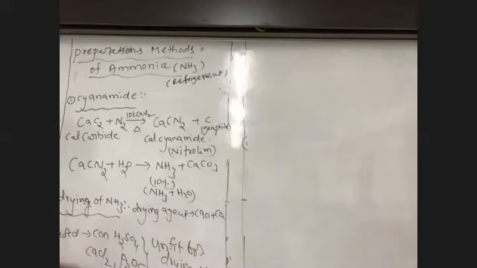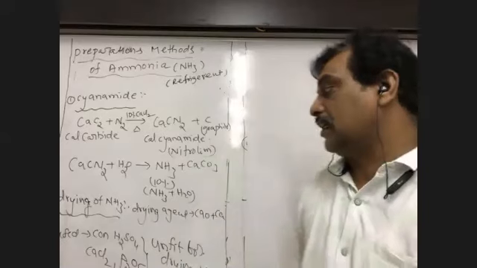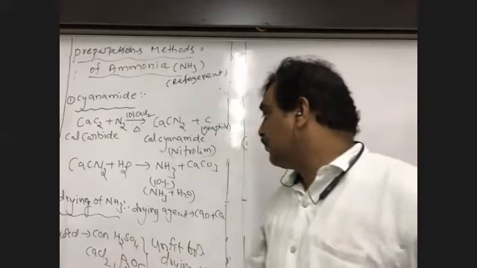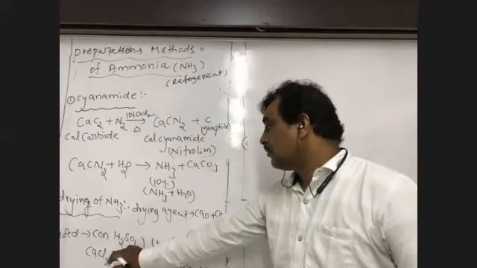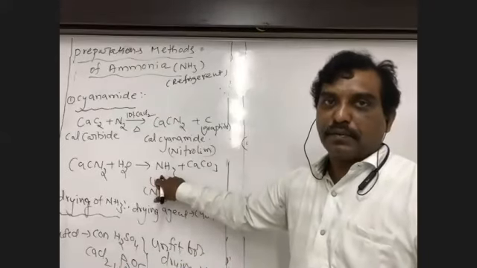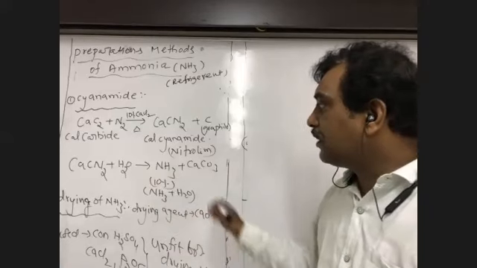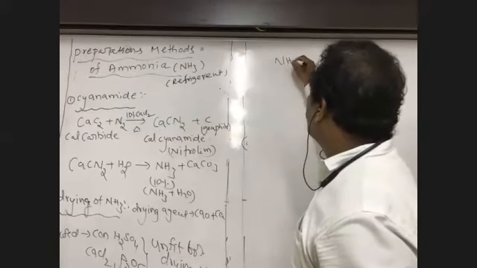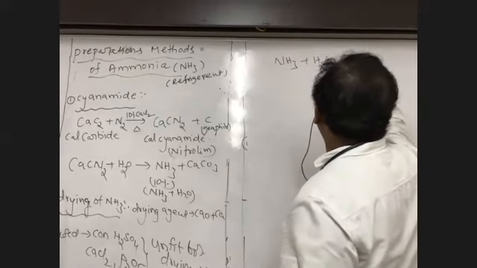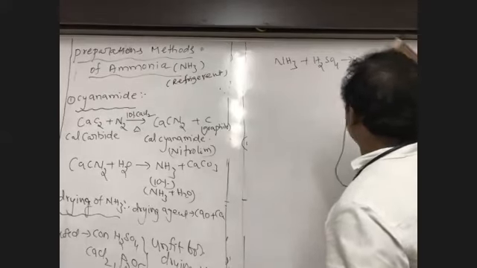Concentrated H2SO4, CaCl2 and P2O5 are also used as dehydrating agents, but these compounds are unfit for drying of ammonia. Why are they unfit? Here H2SO4 is an acid and ammonia is a base. Therefore, if H2SO4 is added to ammonia solution, the ammonia immediately reacts with H2SO4 to form the compound ammonium sulfate.